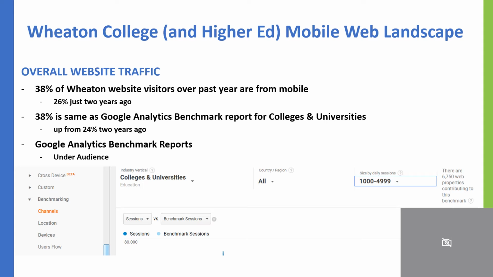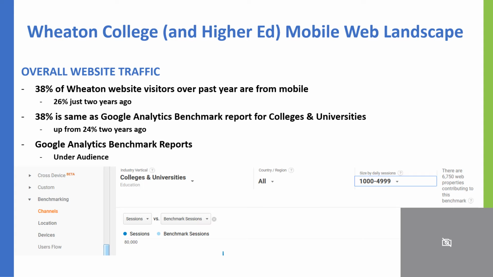And interestingly enough, those numbers are fairly similar to benchmark reports that any of you can easily access through Google Analytics. So Google Analytics is a free tool that allows you to obviously understand your website engagement.